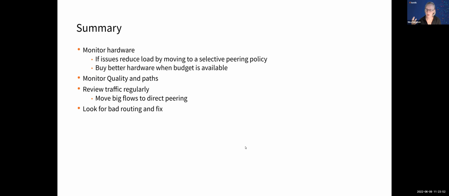Make sure always to monitor the quality of the paths, not only when you do that, but maybe always, to make sure that traffic is routed as you're expecting it. It's another way to detect the hairpins I was talking about, and review the traffic regularly, move big flows to